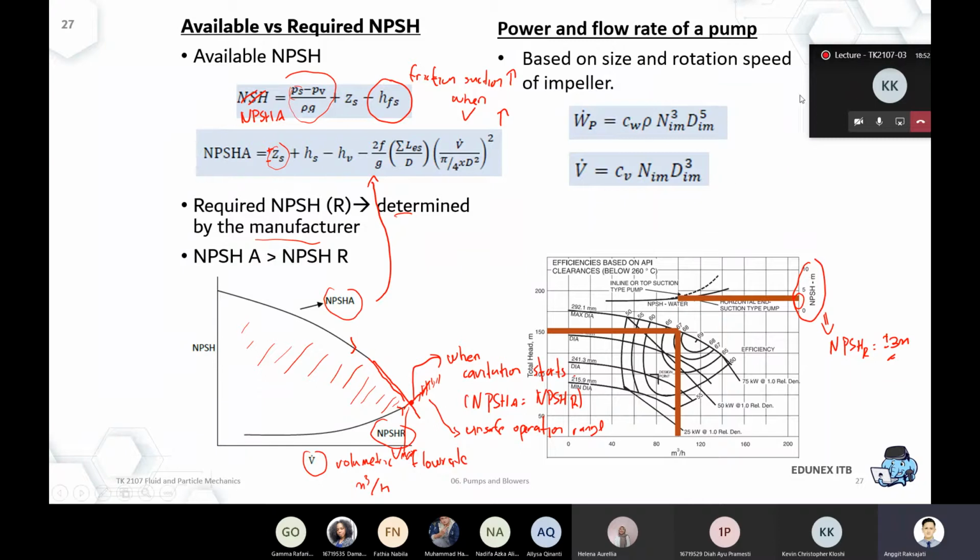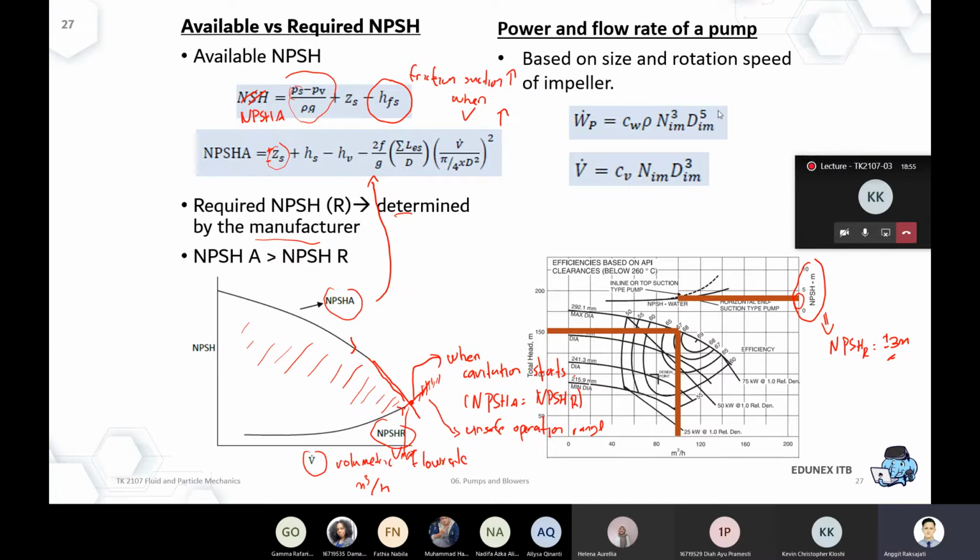And the other, I think this is just an empirical formula, if we really want to know about the sizing of the impeller. Again, this is better explained in mechanical engineering, in much more detail, but it's coming from empirical derivation. So this is not like an analytical formula. It's completely based on experiment.